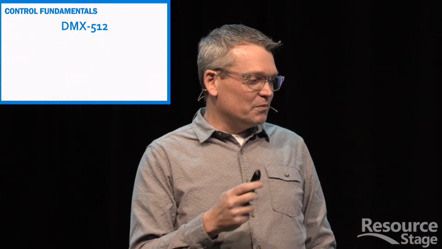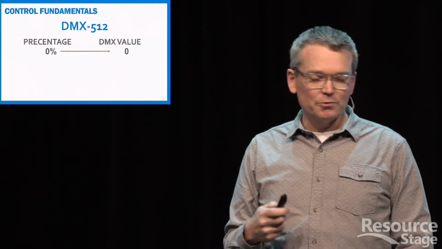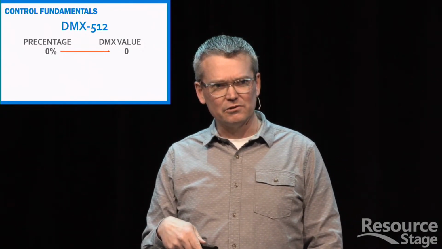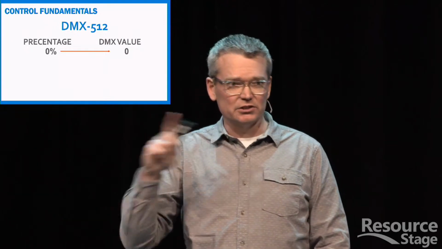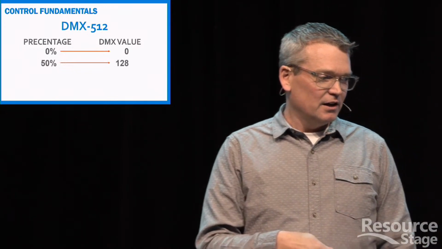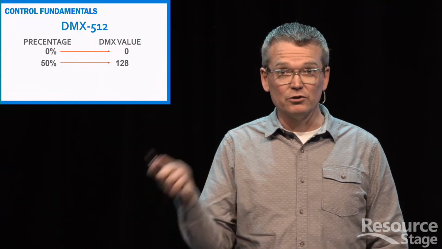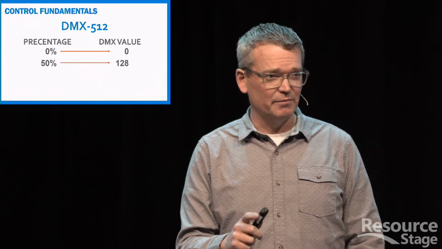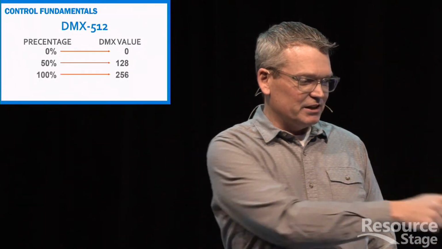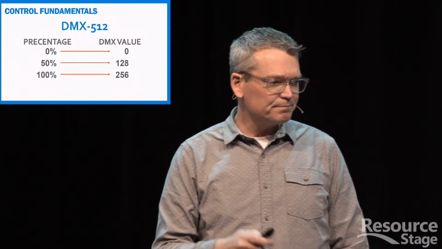Okay. So let's take a look at this for a quick second. This should make sense, I think. 0% is a 0 DMX value. Okay. So it could be channel 1, it could be channel 200, doesn't really matter. 0% is the same as 0 value. 50% is 128. Does that make sense? Okay. There is a reason why we're going to talk about this. Don't worry, it's coming. Might be a little while, but we're going to get there. 100 is 256. Wait a minute. No, it's not. It's 255. That was a typo. Okay. All right. So,